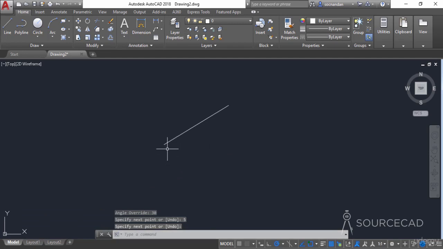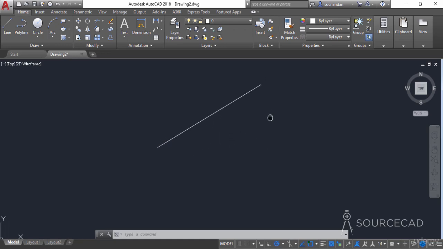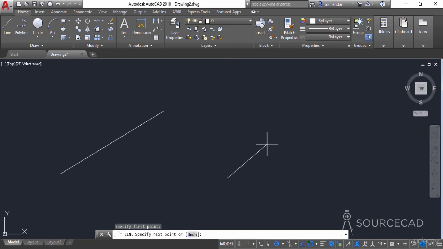And here we have it, the line of length 5 units which is inclined to an angle of 30 degrees with respect to the positive side of x-axis. Now there are also some other ways of making the same line. So I'll select the line tool again, click at any point here, and now if you want to make this